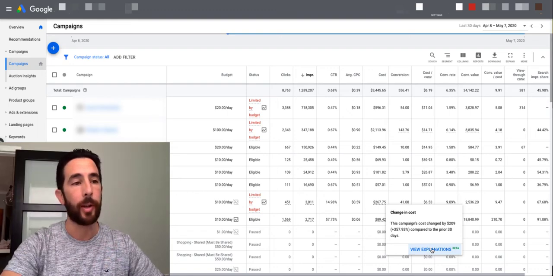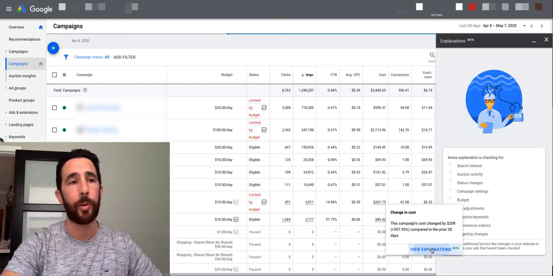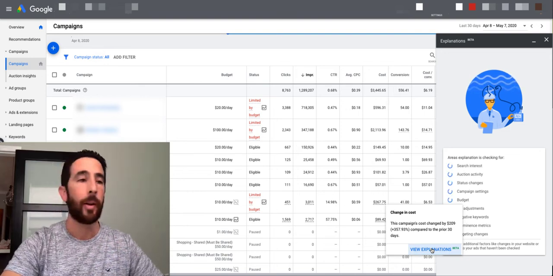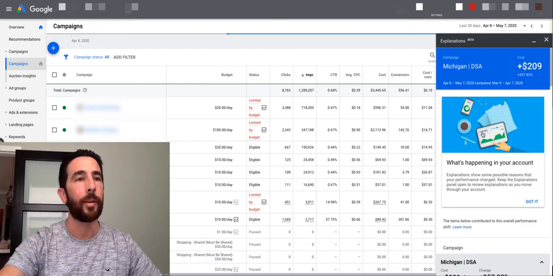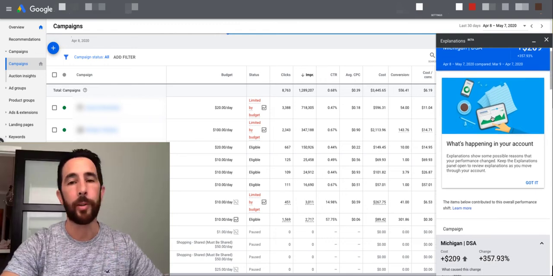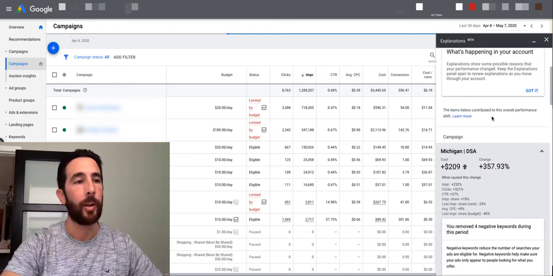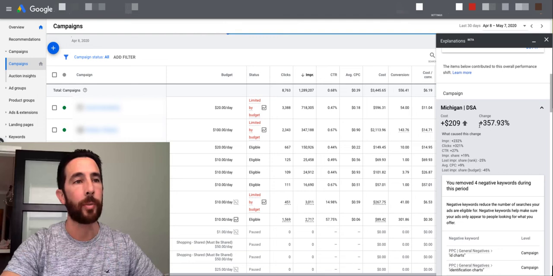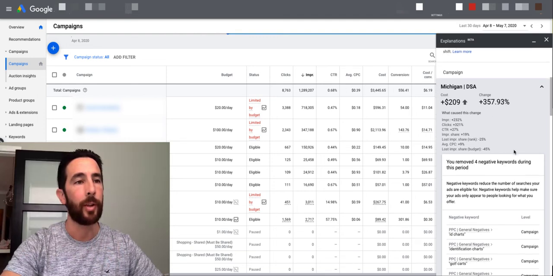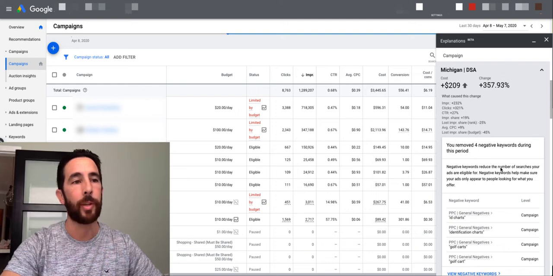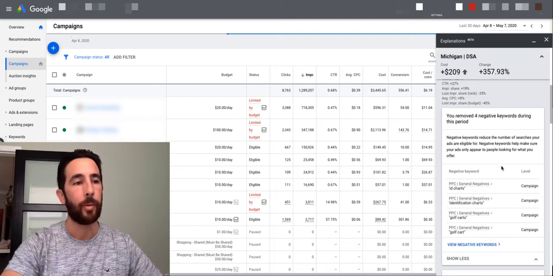When you click on that, it opens up a window. It kind of reminds me of Explorer. Once this little dude starts to think and does his thing, you come up with a few ideas on why things have changed. It looks at the cost being up, what caused it, obviously an increase in impressions and clicks, and it talks about us removing 4 negative keywords during that period, which is great. In this particular case,